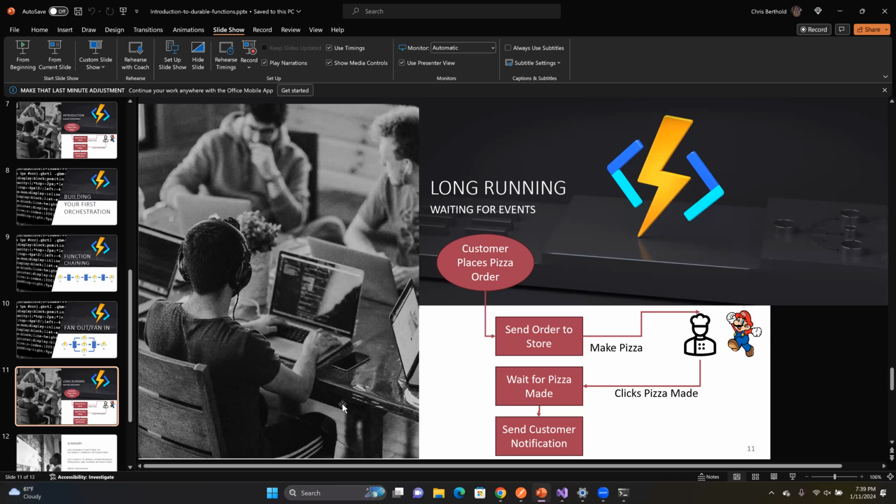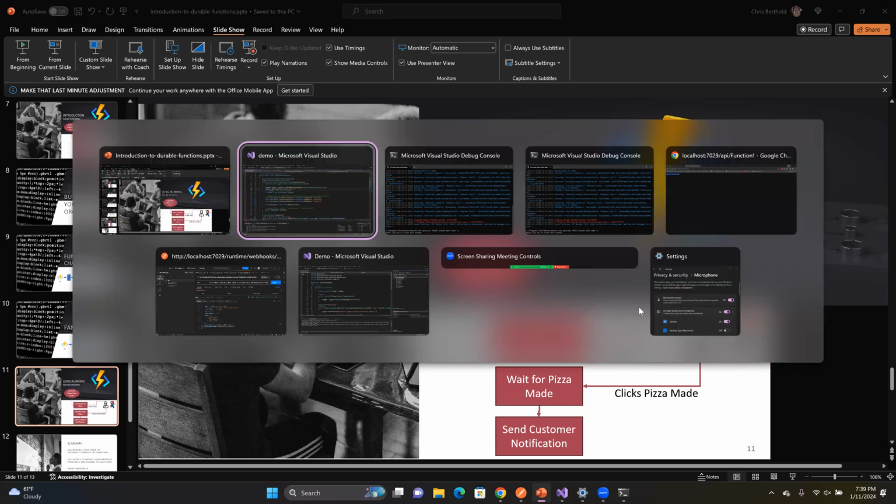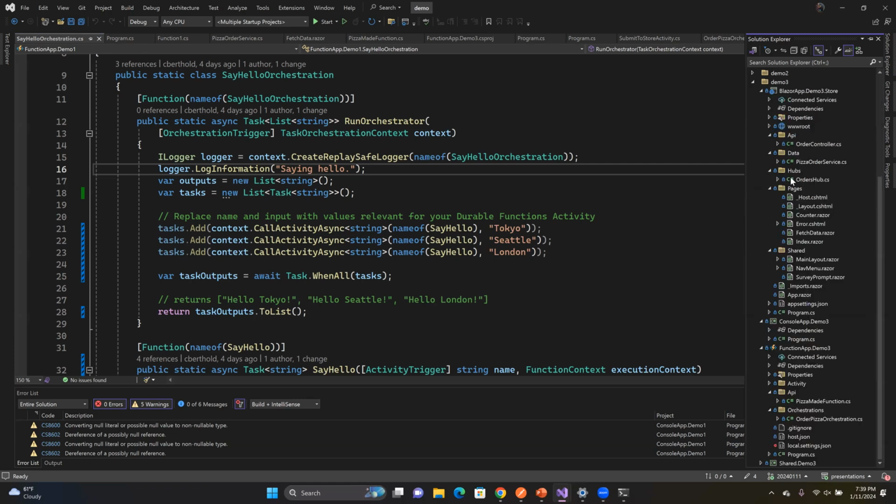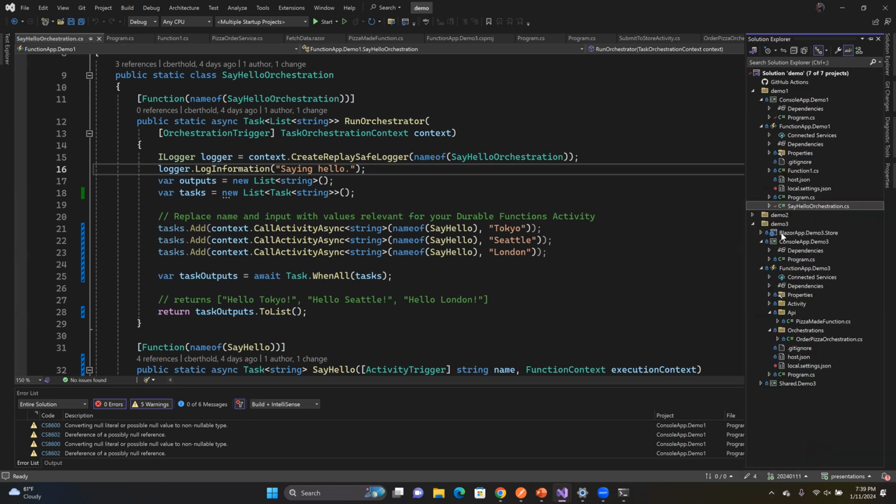So with our events, we're going to go back to our code for the final part of the demo. This one, I'm definitely not going to recreate. There's a lot of code in this one. I just wanted to show a simple complex system. So I'll break down what's in here. This time I have 4 projects. The first one at the top is a Blazor app. So it uses Blazor and SignalR to be our pizza